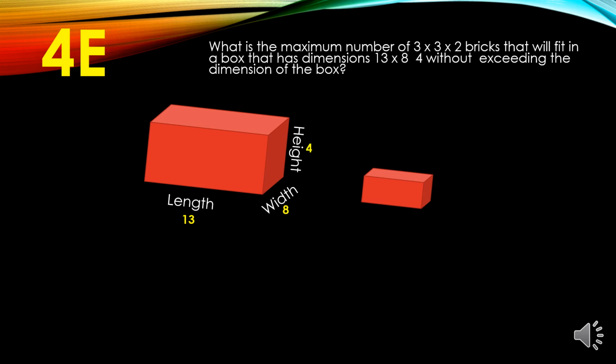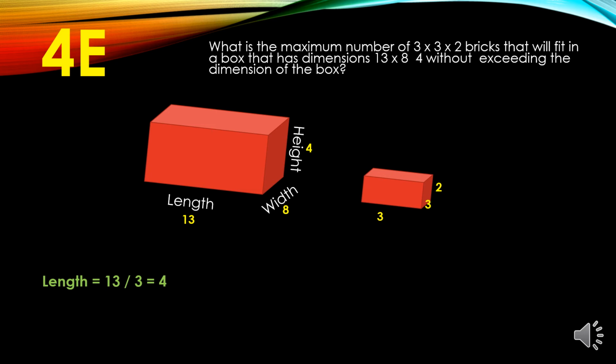Also on the other side, we have the brick. The brick measures 3 in length, 3 in width, and 2 in height. Now, how can we get how many bricks we can put inside the box? First, we will divide the length, the width, and the height together. So let's start with length. Your length is 13 divided by 3. So we divide by 3 without the remainder, because as per the problem, without exceeding the dimension of the box. So it means you still have